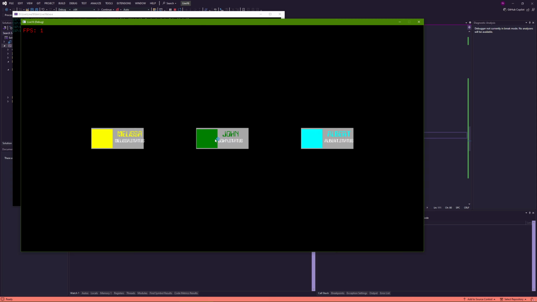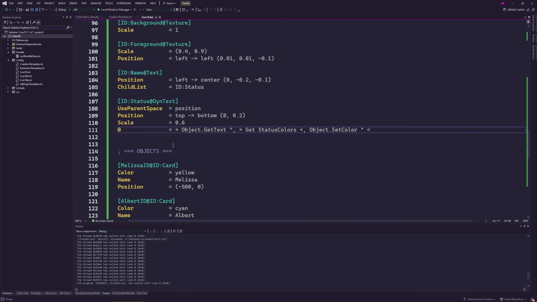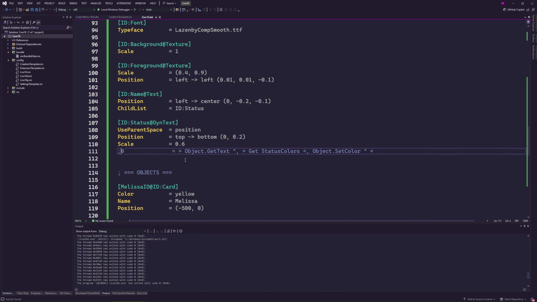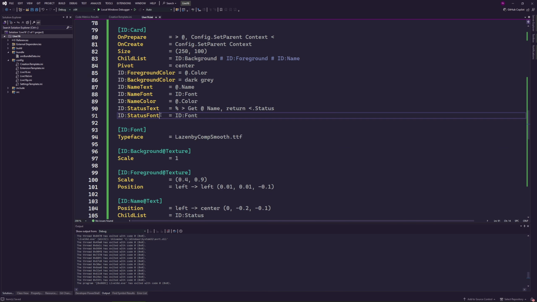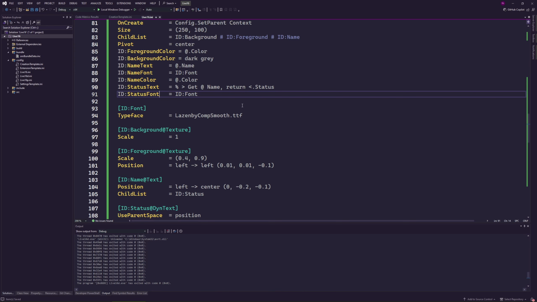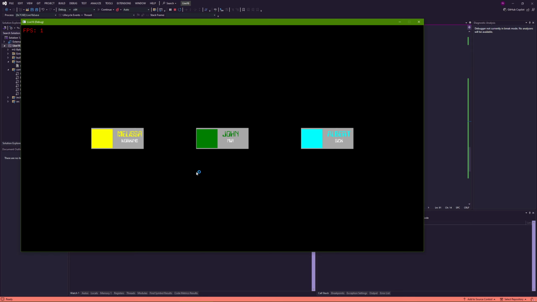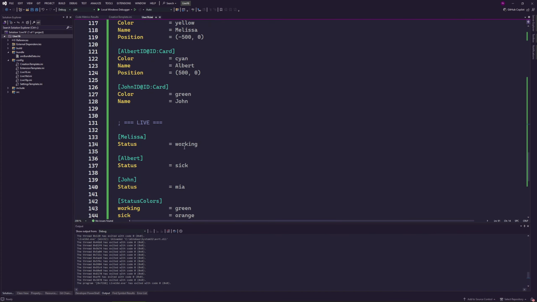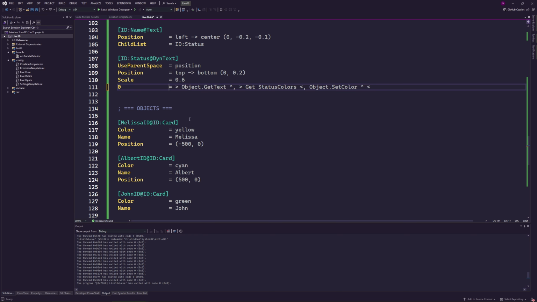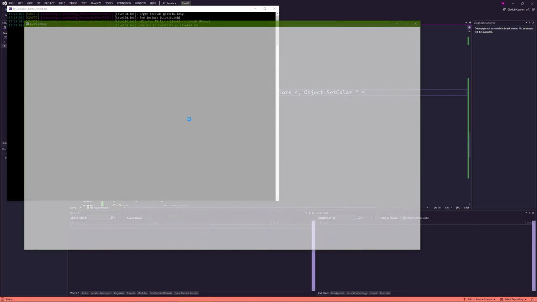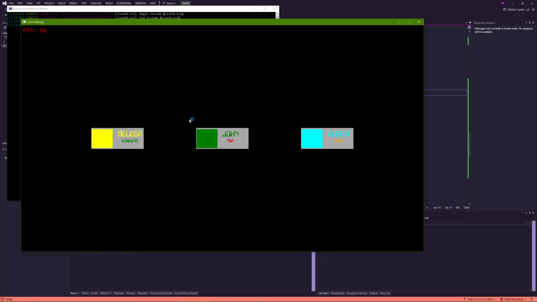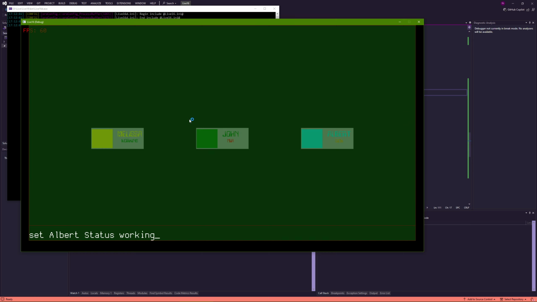And now if I didn't mess up... I did mess up because we changed the text for some reason. Status font, status text. I broke something. Okay, oh, I did override instead of extend. My bad. Goodness gracious. Now we can see that the statuses have all their colors.